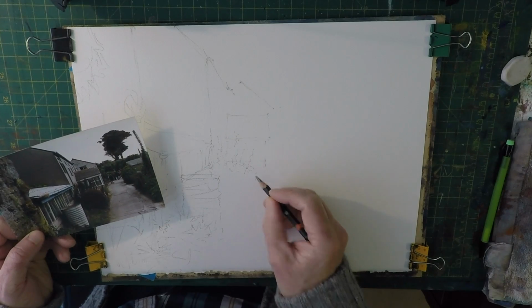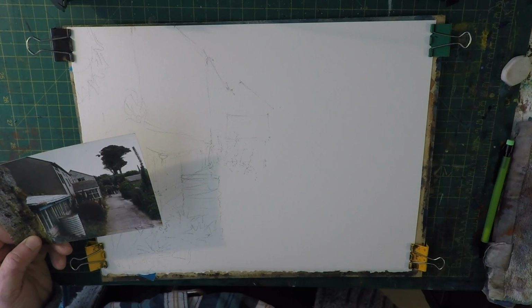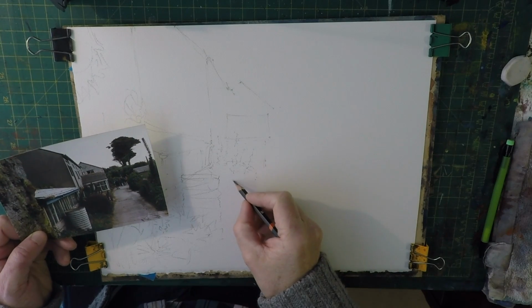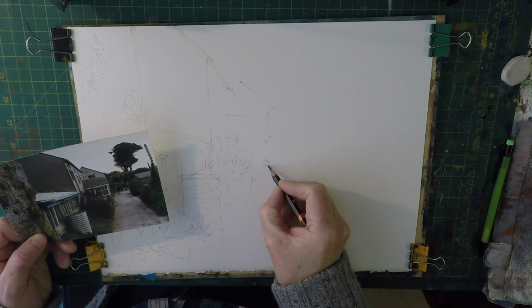And then the following year, they'll grow maybe about 3 foot in the first year, I think. And then the second year, they go up to maybe 14, 15 feet. I've seen some, and they flower. Absolutely beautiful. Okay, so we've got the porch just roughly sketched in there, and I'm just going to